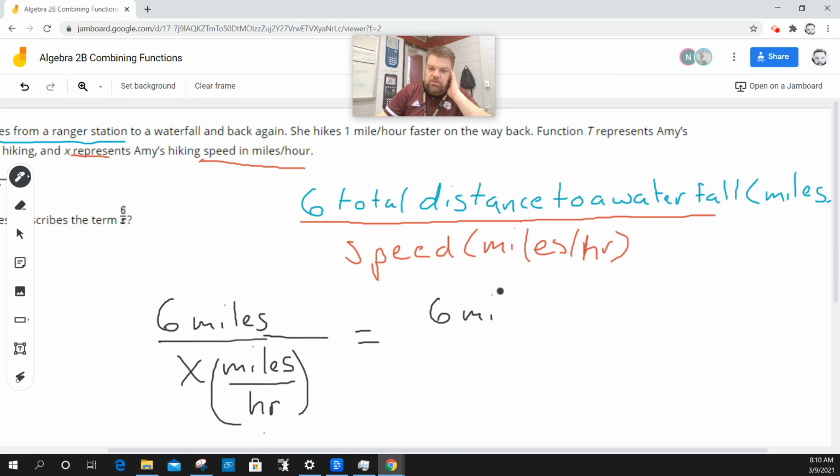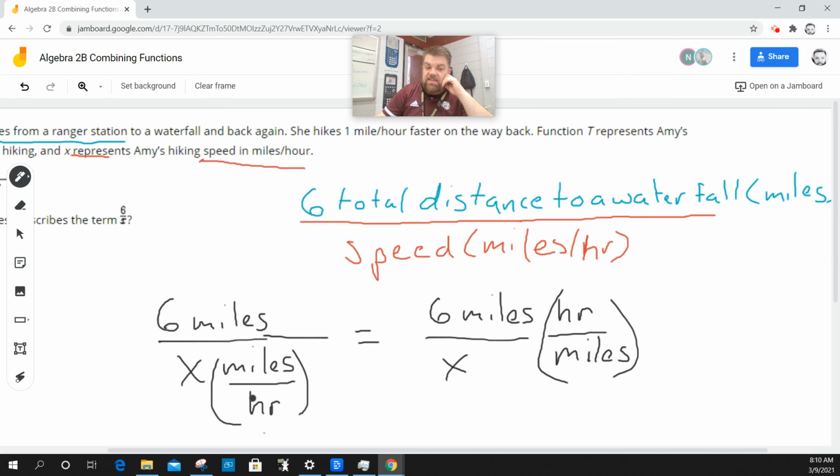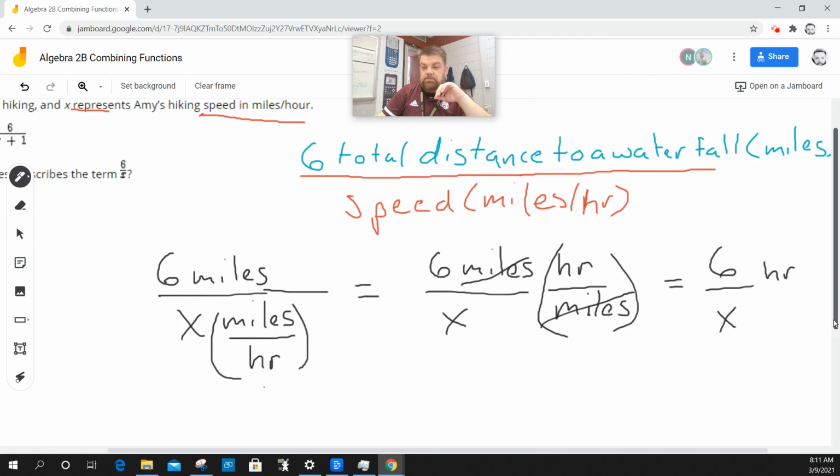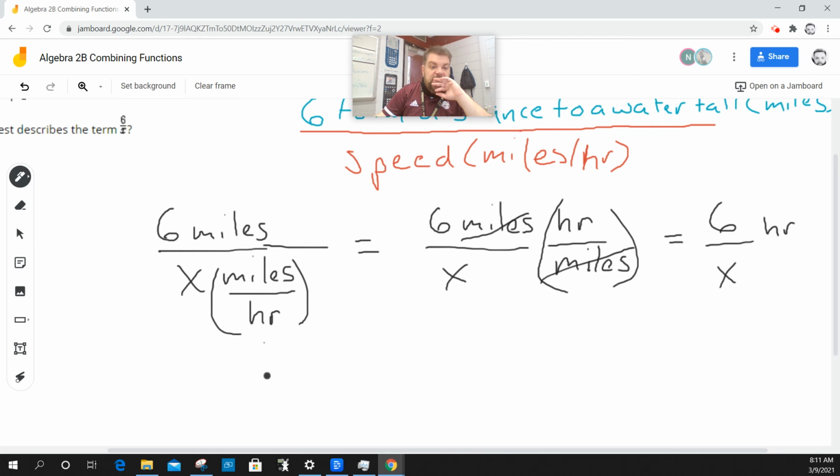So what happens is basically you're going to say 6 miles over X, and then you're going to multiply by hours over miles. So to divide by this, I multiply by the reciprocal. Now what happens is the miles cancel out. Okay? And you get 6 over X hours. So really what it is, the phrase 6 over X,